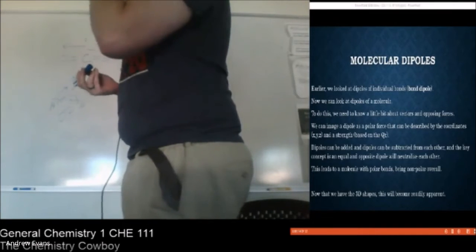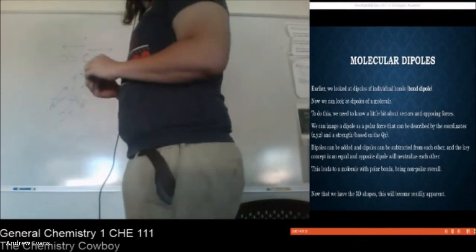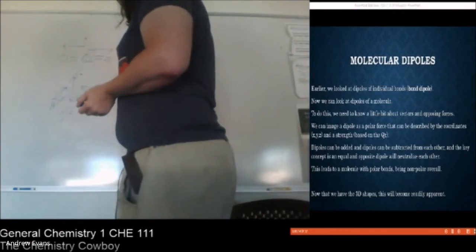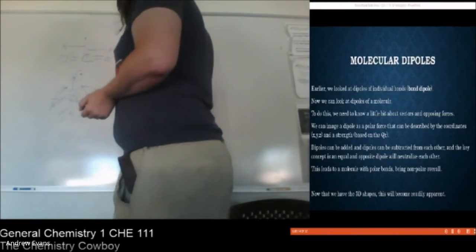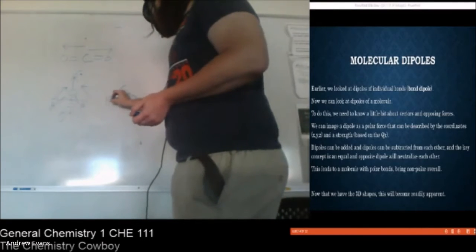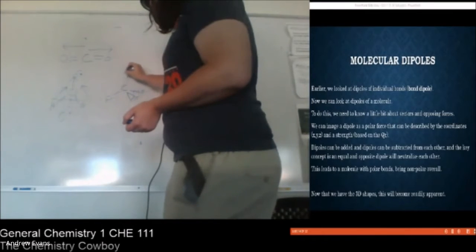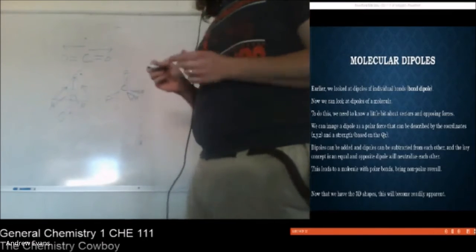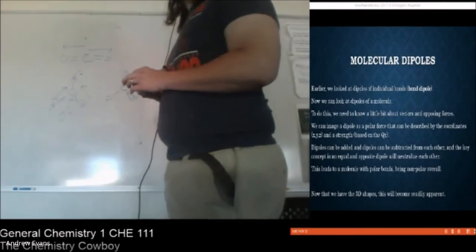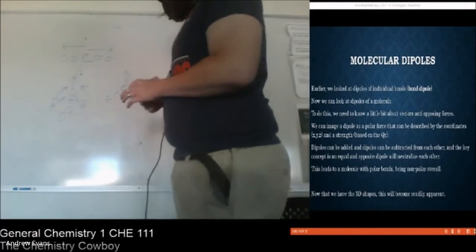You have to think of a little bit of geometry, and you kind of have to hold some models in your hand in order to do this. But what you can see is if I have something like CF4, each and every CF bond is polar. This is one of the most polar bonds we could possibly have. We could have something slightly more polar, but